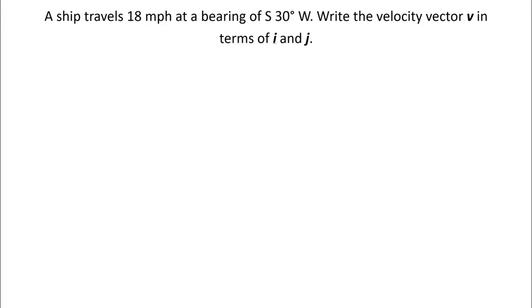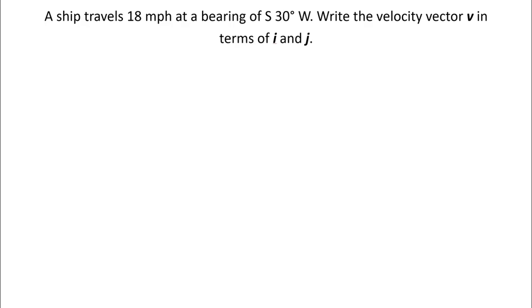This problem says a ship travels 18 miles per hour at a bearing of south 30 degrees west. Write the velocity vector v in terms of i and j. So we're given the magnitude of a vector and the heading, but we need to write that in terms of